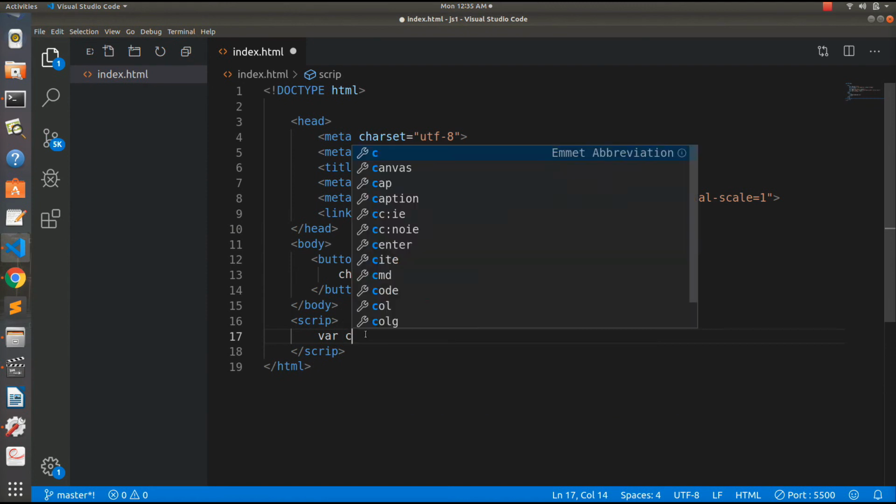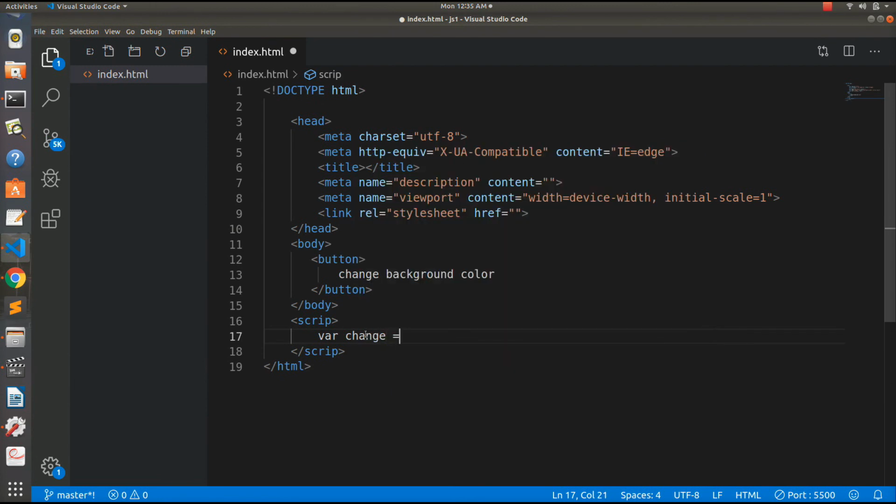So for now I will keep the variable name as change. And now we want the action to occur when we press the button. So we have to assign this button that we have created here to this variable here. So to assign that, first of all we need to write certain code, and that is you will write document. The script tag is not closed here. First of all, let's close this, and now you will see the color also changes.